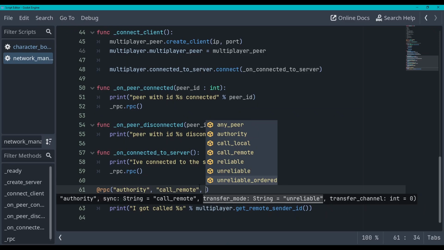So reliable, you're typically going to want to use with something that has to happen. Like for networking logic, spawning objects, you're going to want to use reliable, because if it spawns for some people and not for others, that's going to be weird. That's going to mess things up. Unreliable, you can usually use for inputs, since speed is the most important thing with inputs. Unreliable ordered has a little more overhead, but if something has to happen in the correct order,